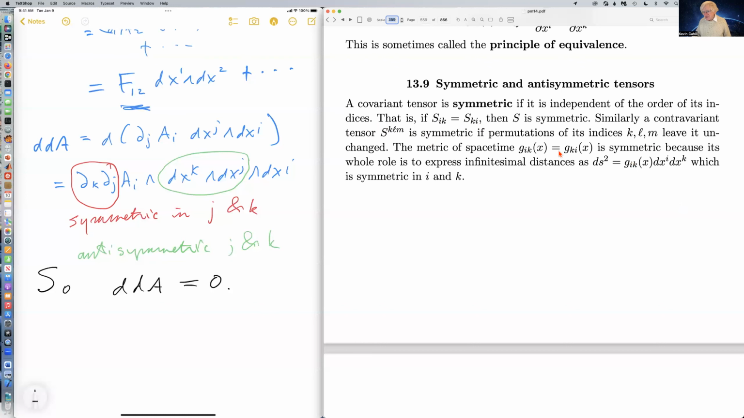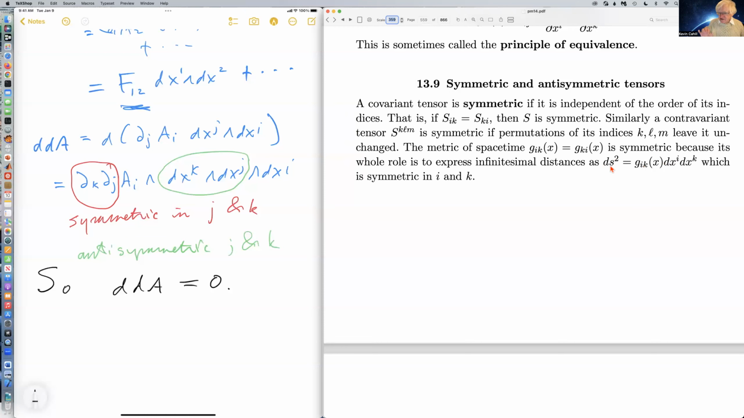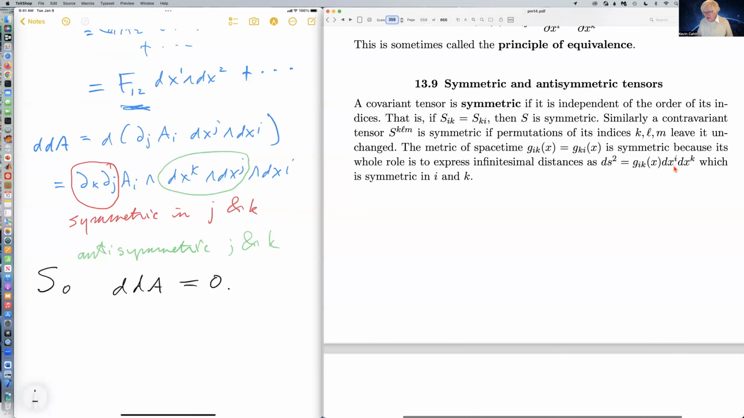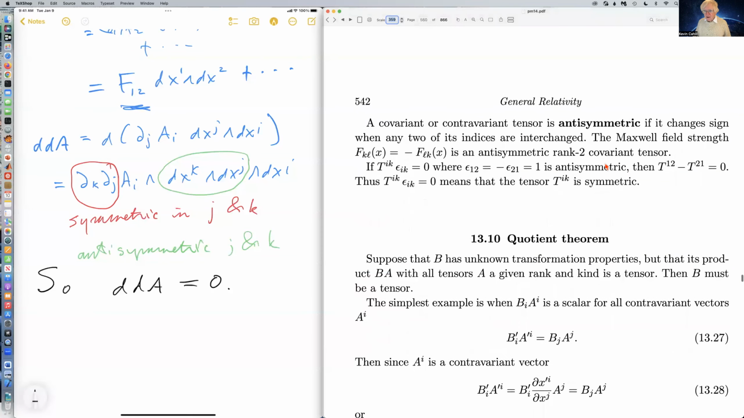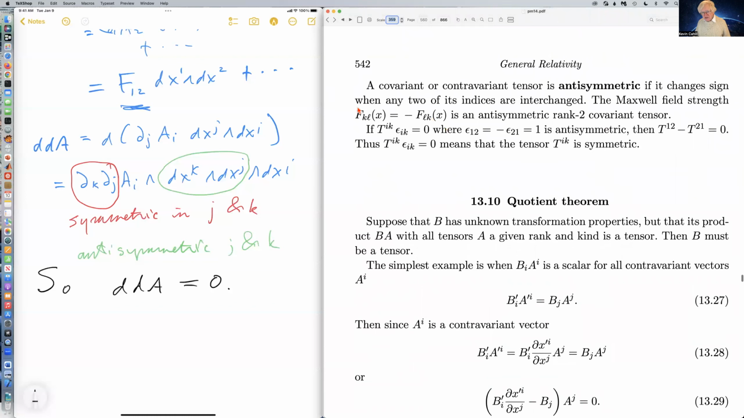The metric of space-time is intrinsically symmetric because its only role in life is to get this right. In other words, it just has to give us the invariant distance between two events that are separated by dx^i in the x coordinates. And if you transform to other coordinates, you then have a prime here, a prime there, and a prime there, but g transforms in such a way that this thing is invariant. Of course, the Maxwell tensor is anti-symmetric, and